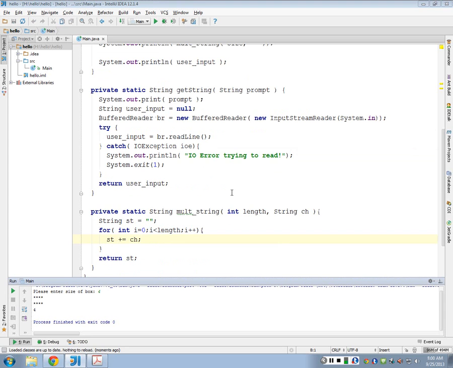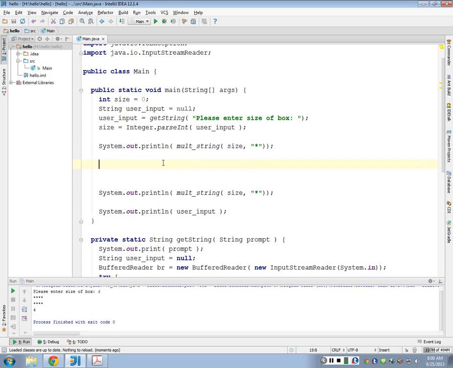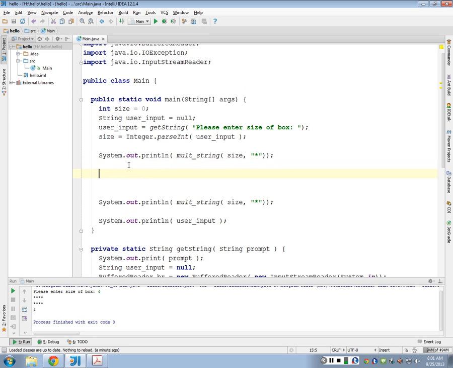All right, so what we need to do is to print something like this. We need to have an asterisk followed by some number of spaces followed by an asterisk, and we need to do that some number of times, right? So we've already drawn the top and the bottom, so we only need to print these lines how many times? Size minus 2, okay? So let's just figure out what it would do to print that line first of all. So I need to print an asterisk followed by,